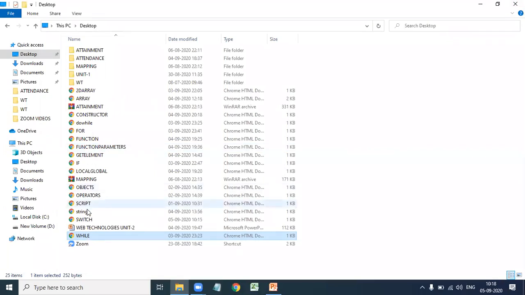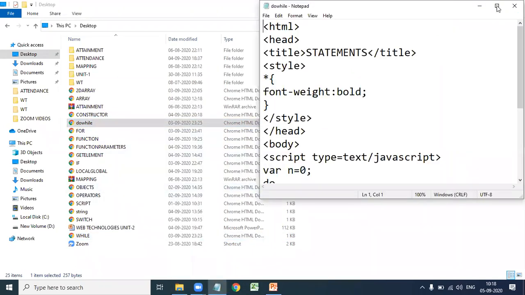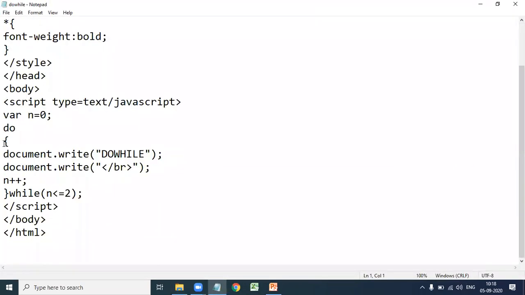Next one, do while. The difference between while and do while is, in the do while statement, the body of the loop is executed, then the condition is evaluated. So your condition is evaluated after the body of the loop is executed.